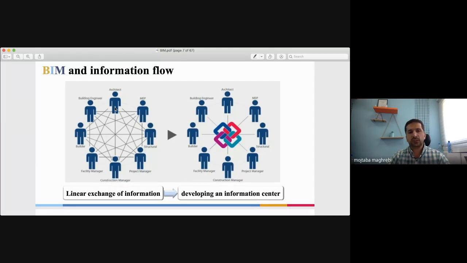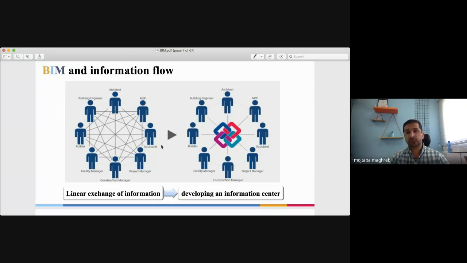Any of those parties in the projects have their own drawings. They have developed them, spent time and paid money for them, and they are not willing to share with the others. But if you look at the right-hand side, you can see that in the center of the parties, there is a BIM model to which we could provide access for every party involved in the project, to have access to the information that they need.